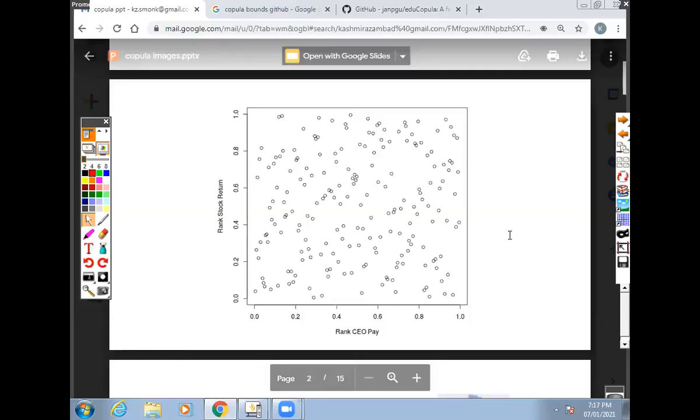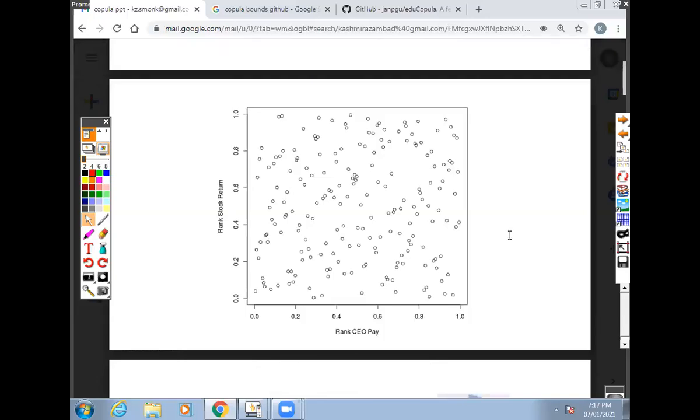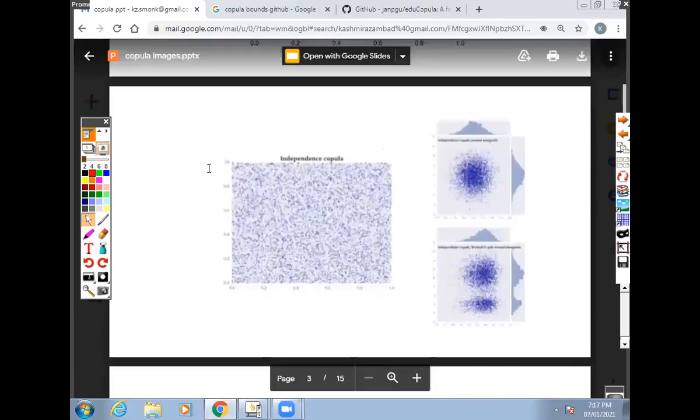What they were trying to say is whether a CEO being paid higher or not has any effect on the stock return from that one particular company. And they saw that there is indeed nothing going on over there, at least in terms of association. And okay, so this is how an independence